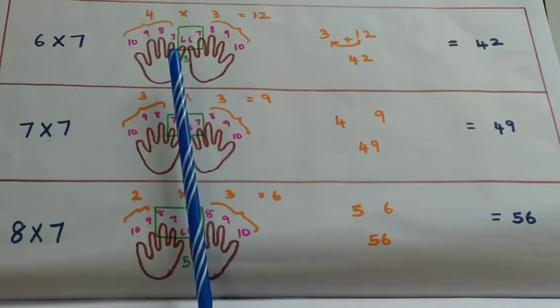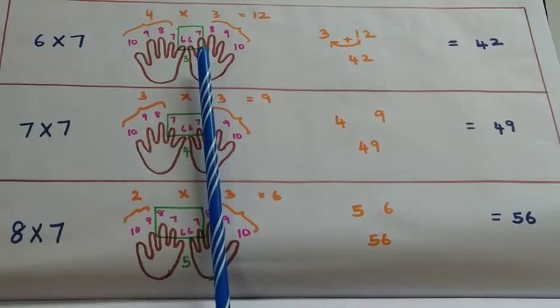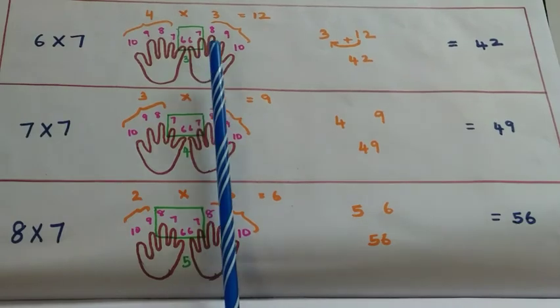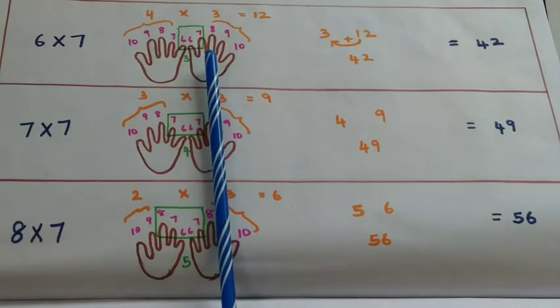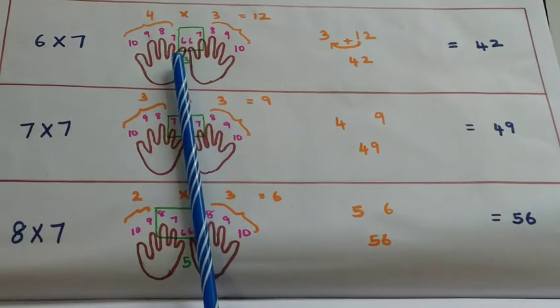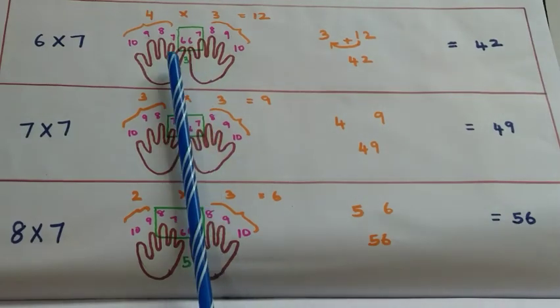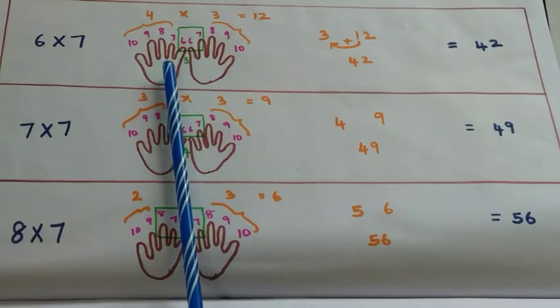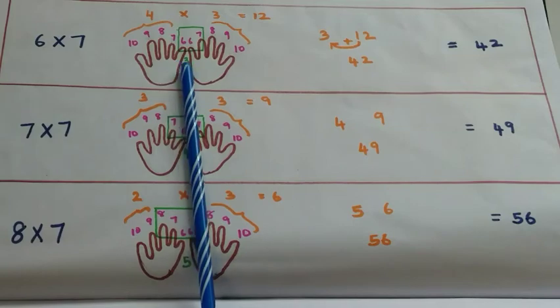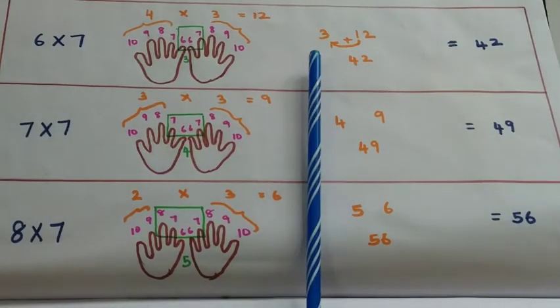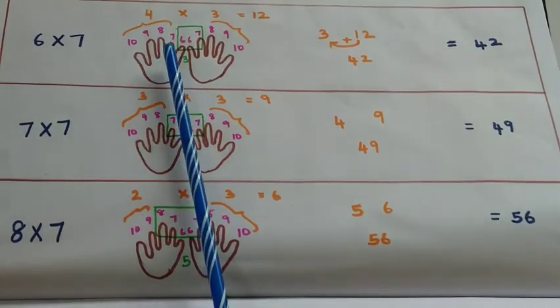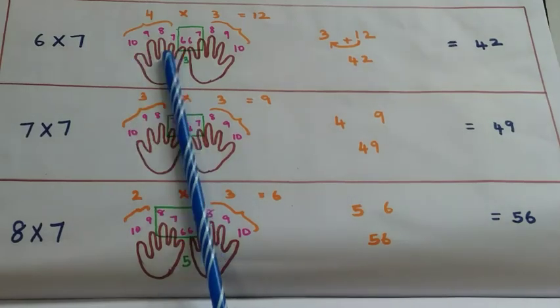So the 6th finger is the little finger and the finger that has been numbered 7 is the index finger of the right hand. And the number of fingers that are in between these fingers, including these two fingers, the total number of fingers is 3. So we write 3 here, and then we need to find the number of fingers that are on either side